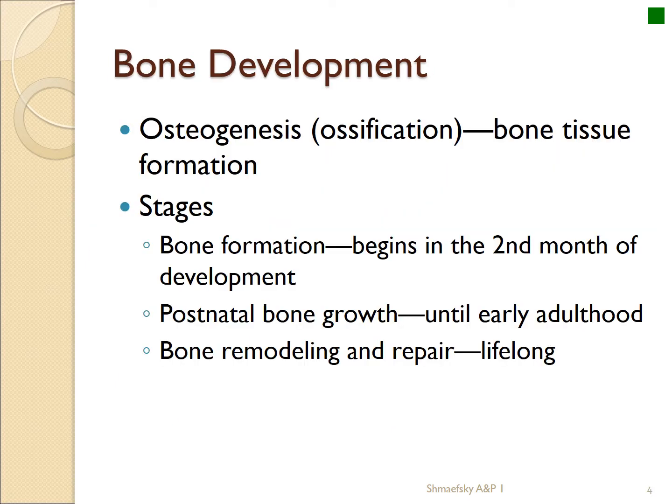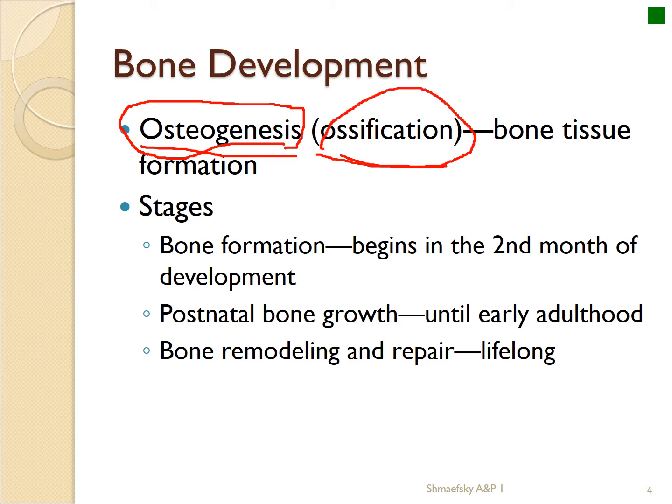So when we start talking about bone development, we're going to be using the term osteogenesis or ossification. Usually we save the term osteogenesis for the development of primordial bone, and sometimes for the extreme healing process. Ossification we sometimes reserve for mature tissues that are filled in with hydroxyapatite, the calcium component of our bone. So what we're going to do is look first at fetal bone development, because later on in this lecture we're going to look at the development of bone tissue during damage. So when we look at fetal bone development,